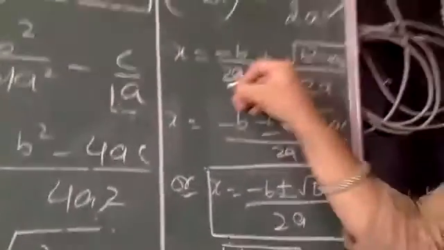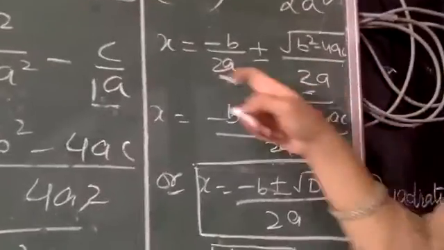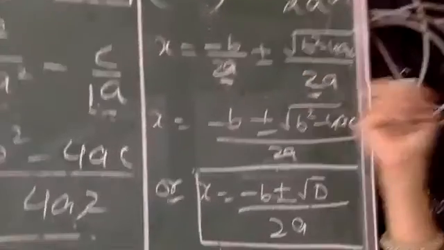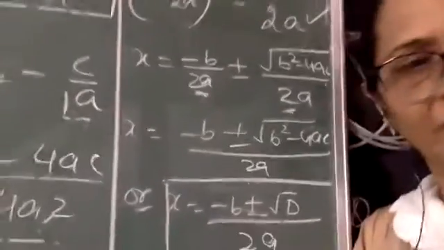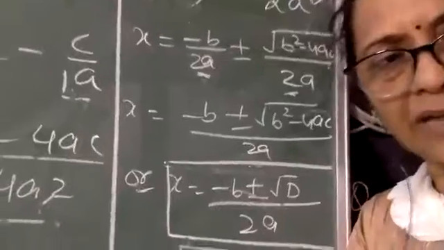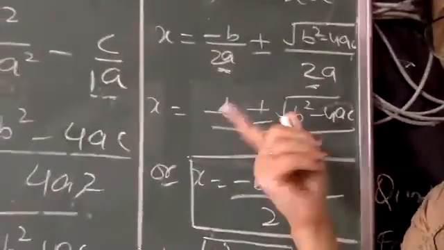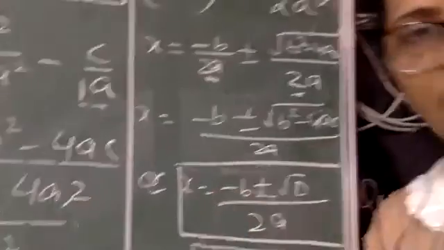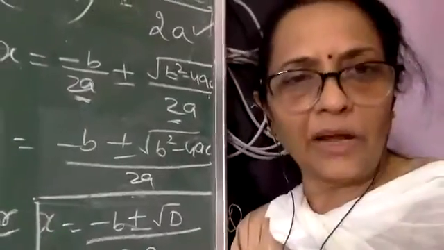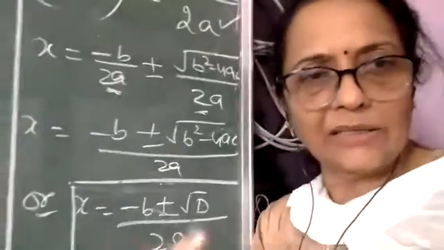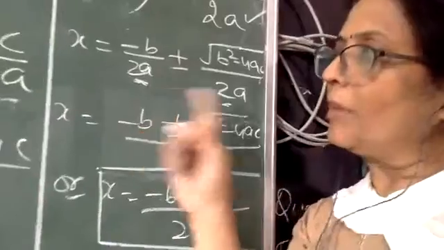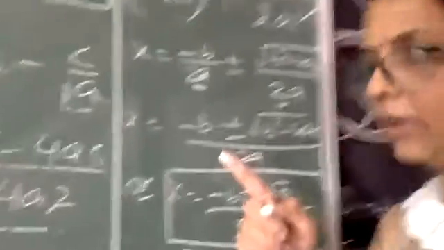Now look at here. Here we have 2a and here also we have 2a. So can we take the LCM of the denominators? All of you, can we take the LCM of the denominators? Yes, ma'am. Here 2a and here also 2a. So LCM of 2a and 2a will be only 2a. If denominators are equal, we can write the numerator as it is. So here both denominators are equal, 2a, 2a. Right? So what will be done next?